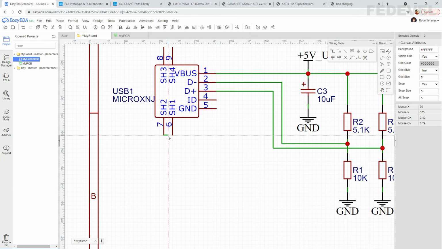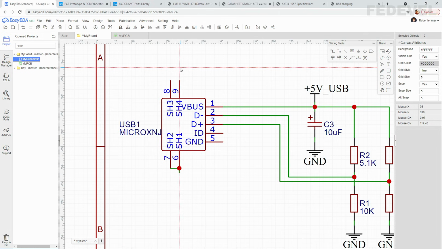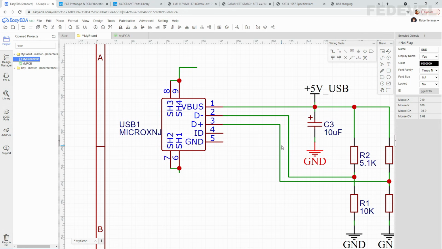So I'm going to draw something like this, and also I will connect this. Escape, and place the ground symbols here. You can use these, or you can just Control C, Control V. You can always select something existing and do copy and paste.